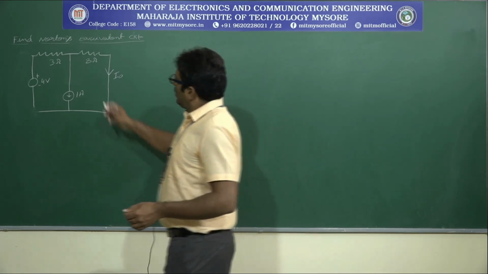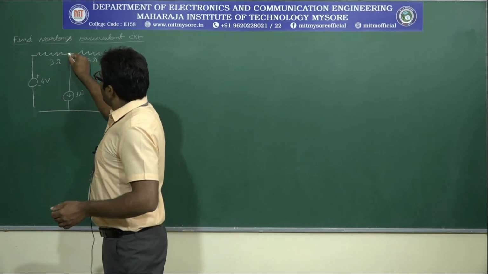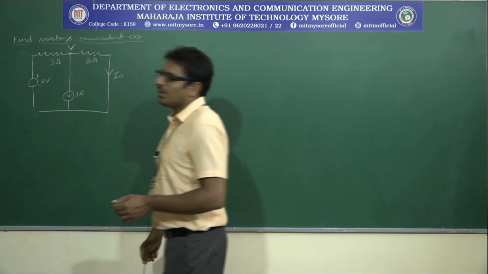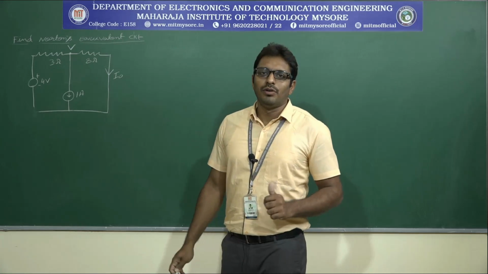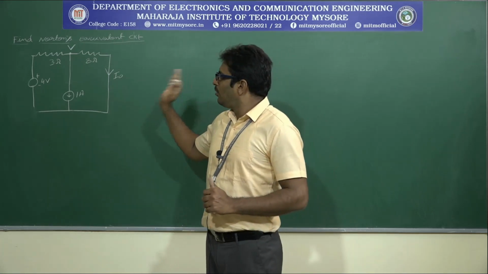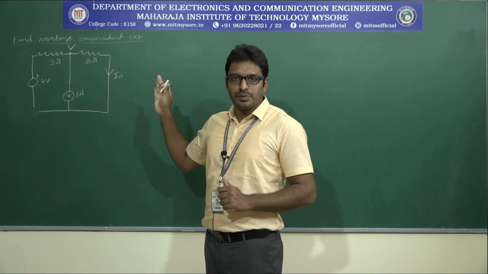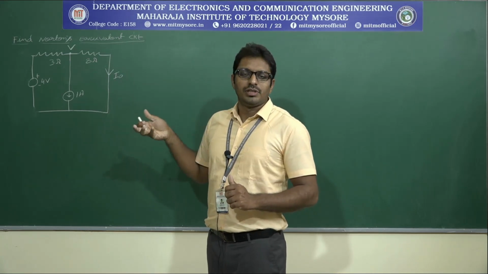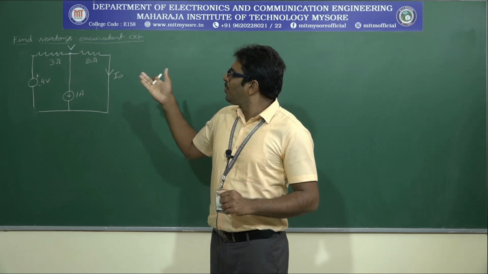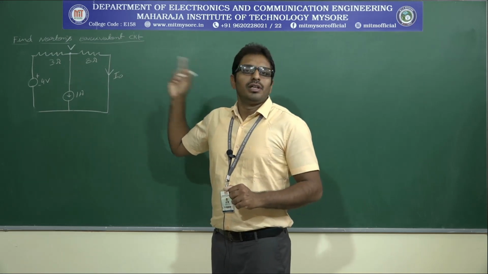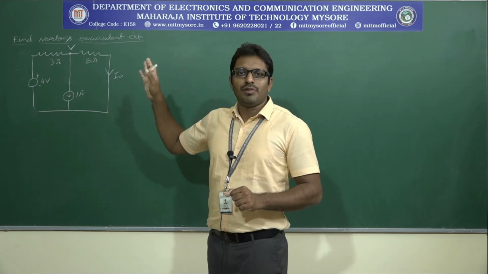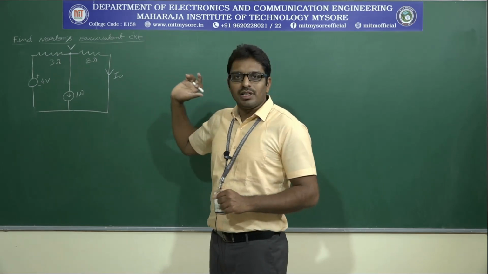So let me apply Kirchhoff current law, nodal analysis, and let me call it node voltage V, because in the circuit we can see only one node. If you go with loop analysis, there are two loops. So 2 loops means 2 variables, so you need to solve 2 simultaneous equations. By applying KCL, only one node in the circuit, just apply Kirchhoff current law for that node and simplify. Easily you can find out what is I naught.